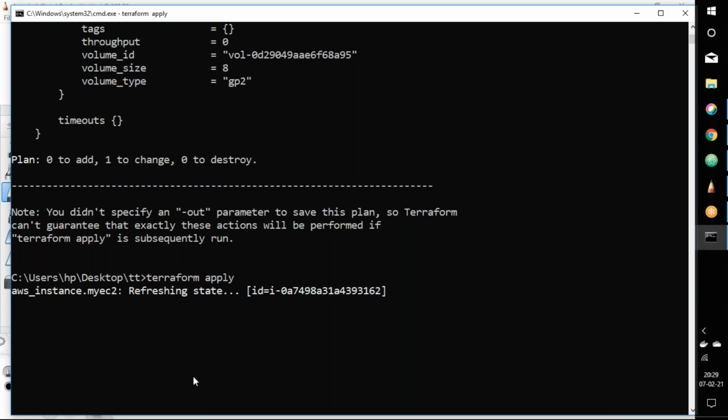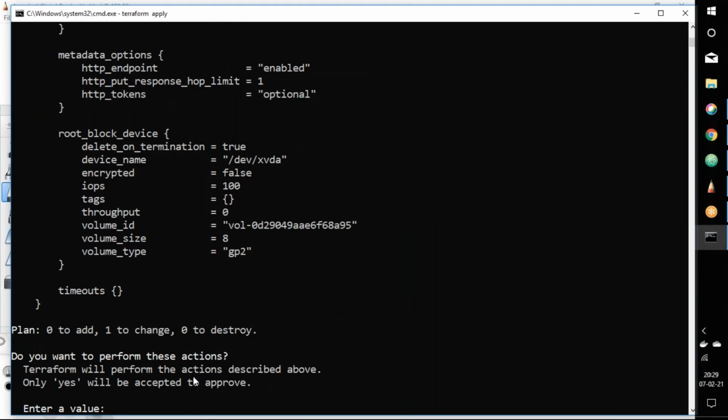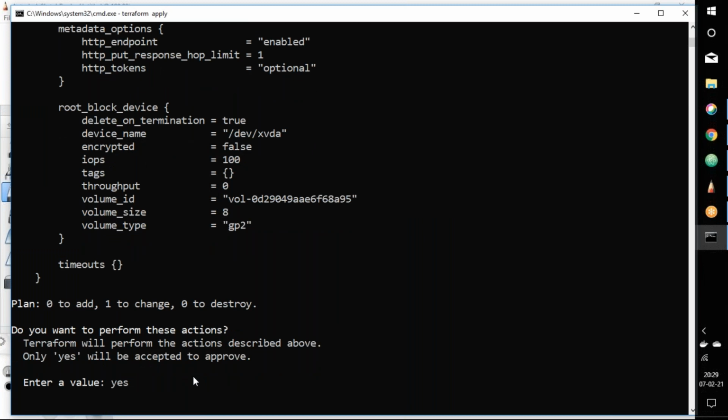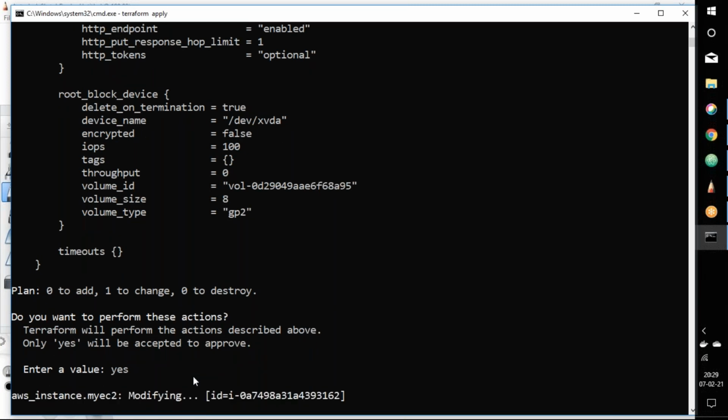Just looking into the state, just refreshing the state. Let's give the value yes. Modifying the resource.